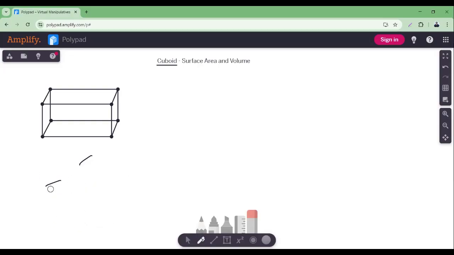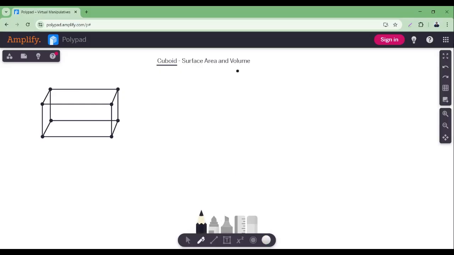Before we find the formula for these two things, understand the meaning of surface area. For example, this rectangular front side that you're seeing is one surface. If you turn it to the right side, you see one more surface. So all these surfaces, what is the area? That is the meaning of surface area. It means the area of what is visible on the outside.